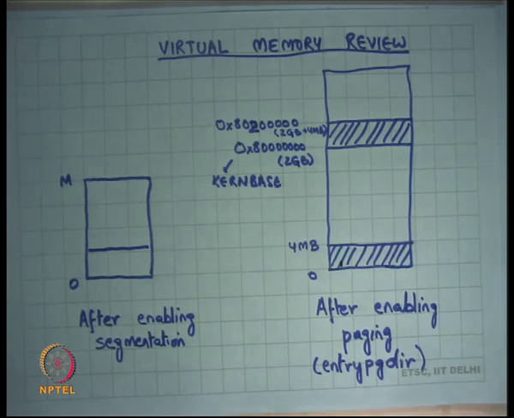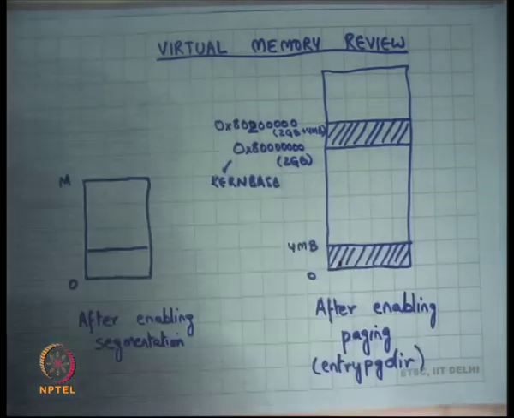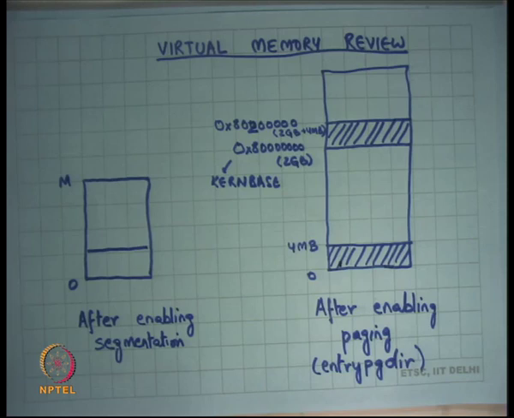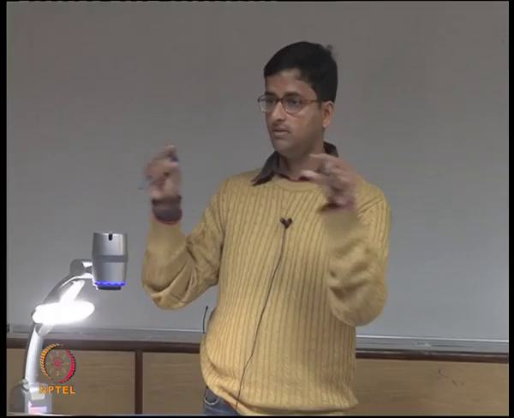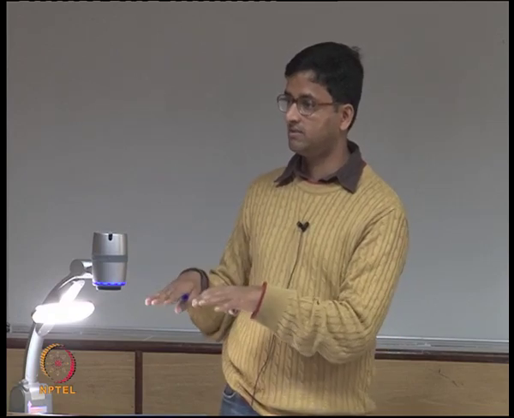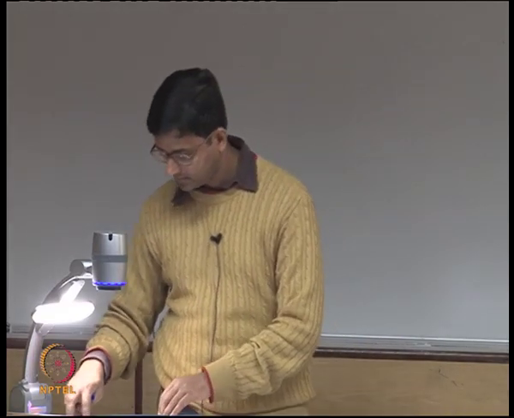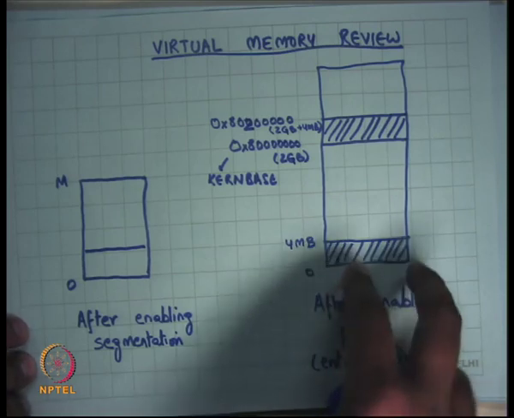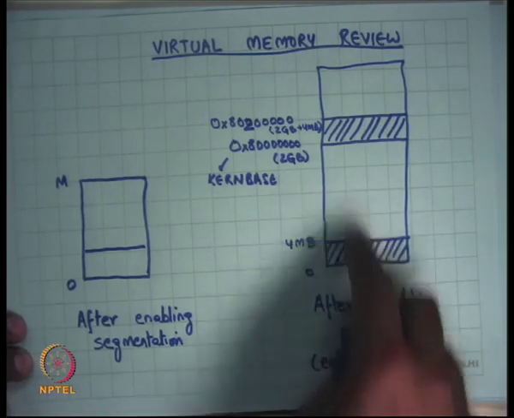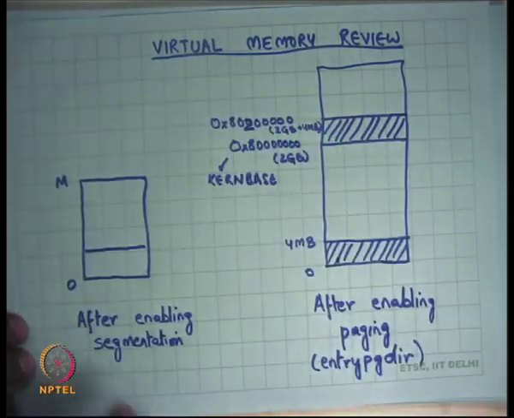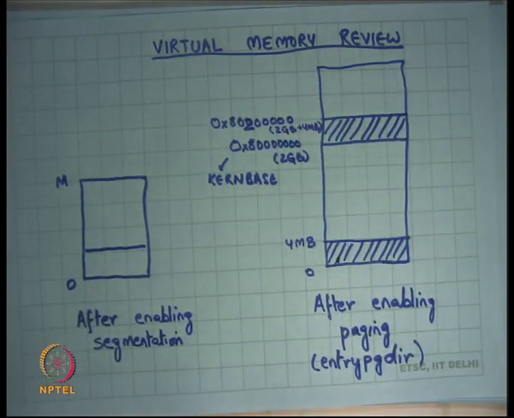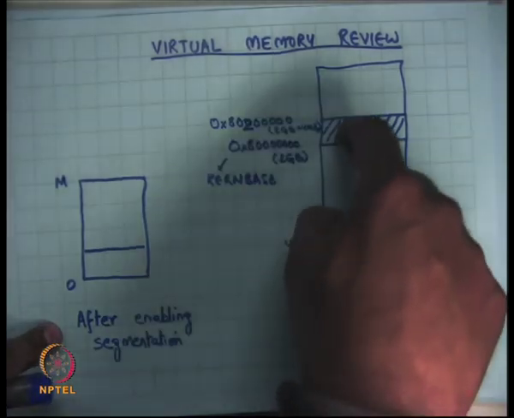So those remain valid. It's not like I'm standing on the ground and the ground has been taken away from me. It's not true, because as long as the kernel is less than 4 MB, the kernel is safely mapped. So the next instruction can execute. You enable paging, but you ensure that the ground that I'm standing on still stays as soon as I switch the address space. But in this new table there is an extra mapping, and this table is going to be used to switch from here to here.